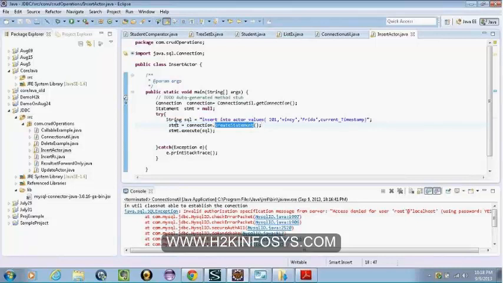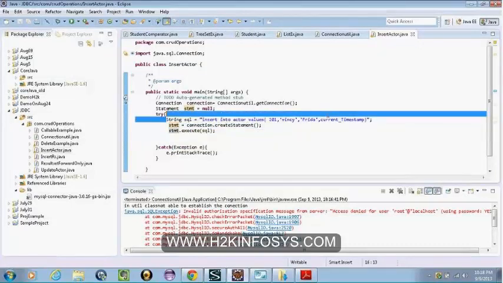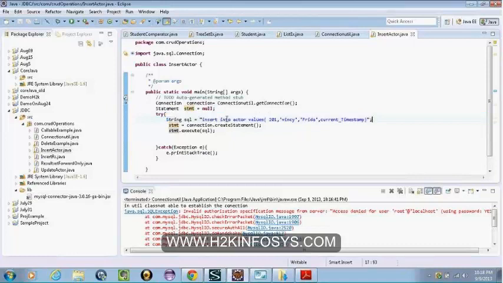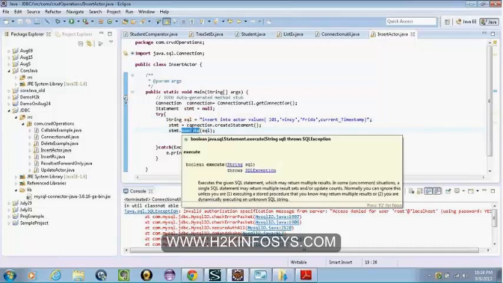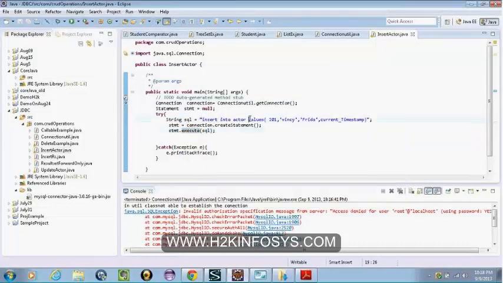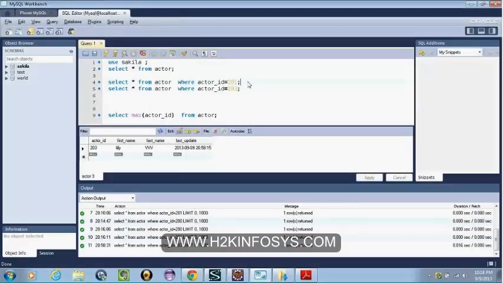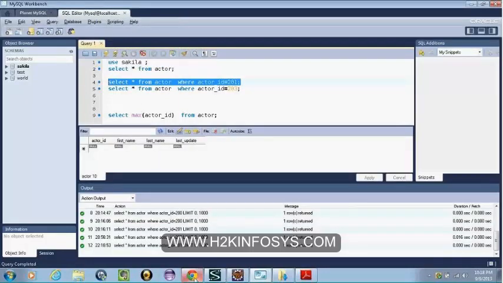I don't have any row with the ID. Maybe it's made as a unique cluster. I have to make sure that it's not present with the ID. So there is no record in the database that has the ID of 201. So when I run this, it executes this insert, right? So I executed this, and when I execute this query, I have inserted that.